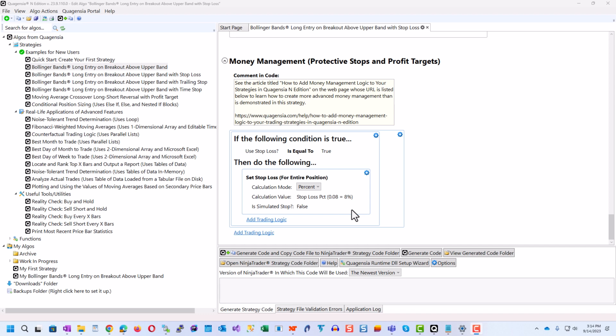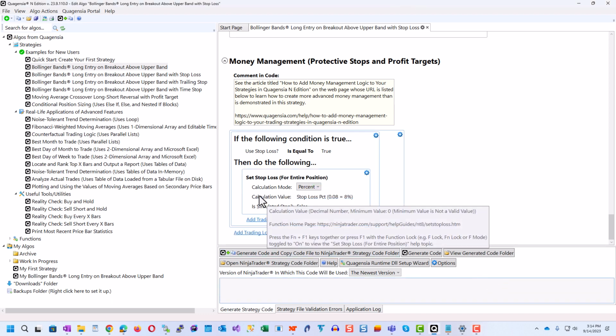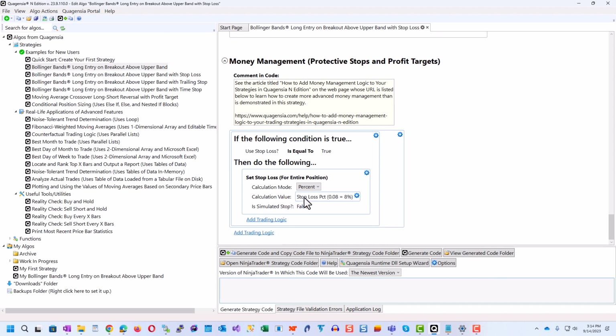In this video we will build this logic that says if the input parameter called use stop loss is set to true, in other words, if its checkbox is checked in NinjaTrader, then set a stop loss for our strategy using the calculation mode of percent and a calculation value of another decimal valued input parameter called stop loss percent, where 0.08 equals 8% and 0.09